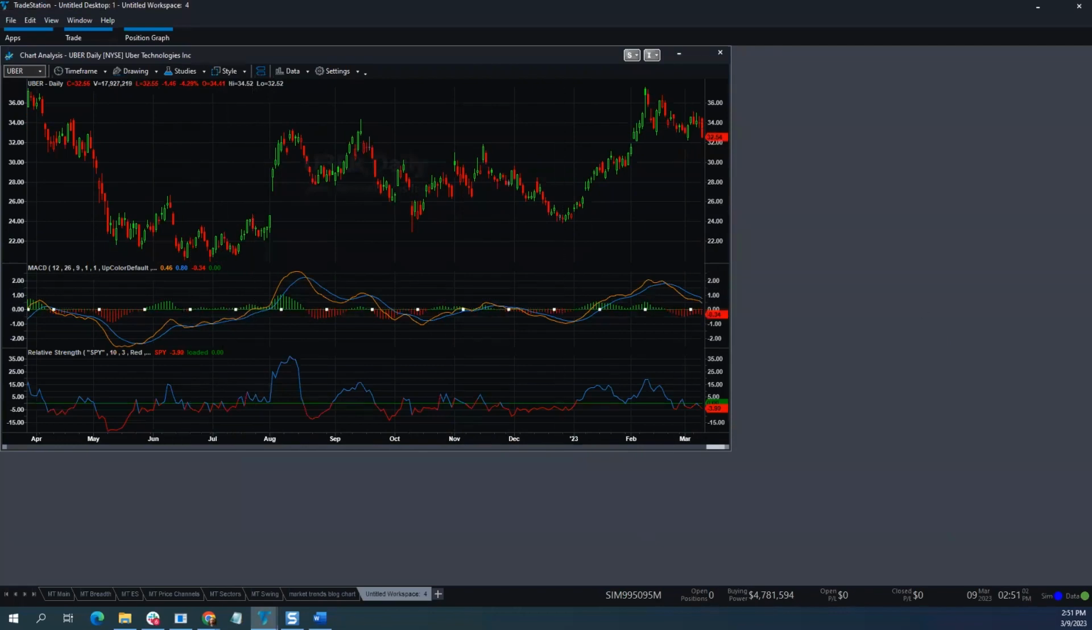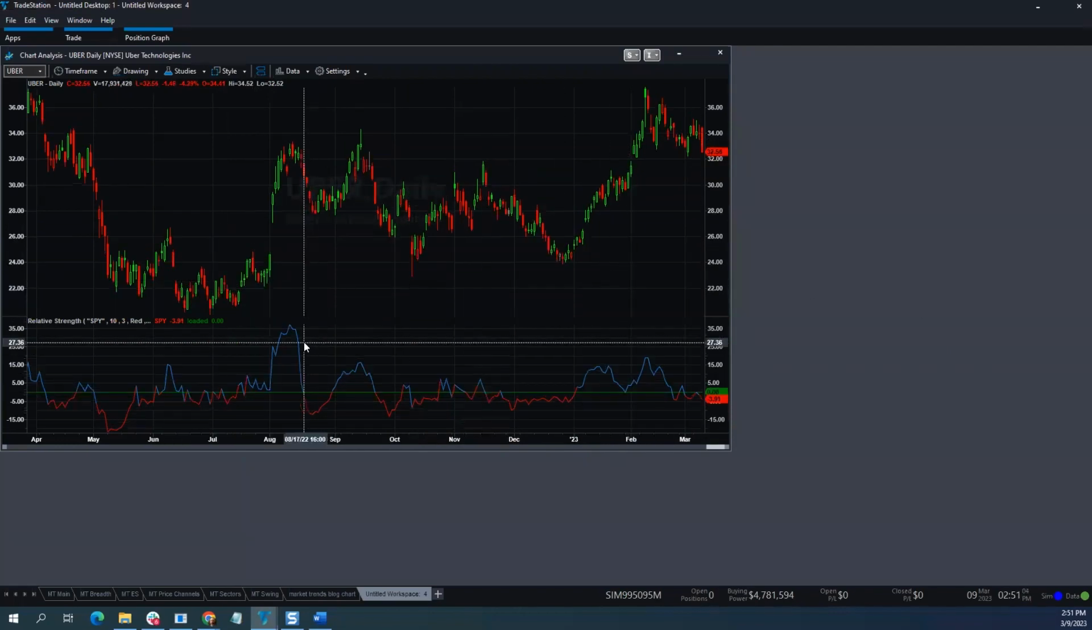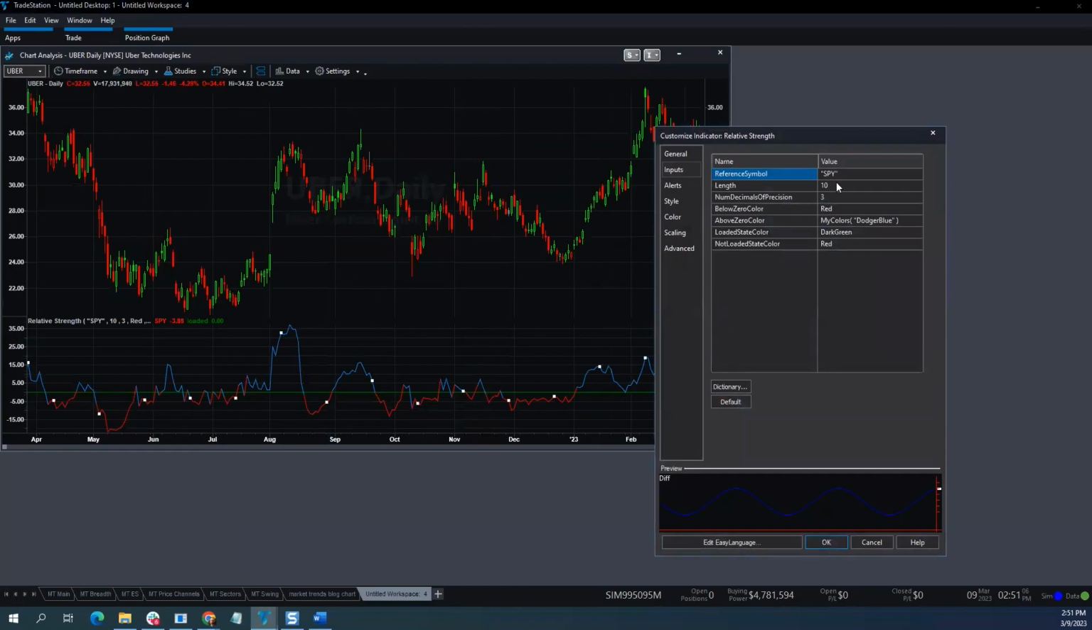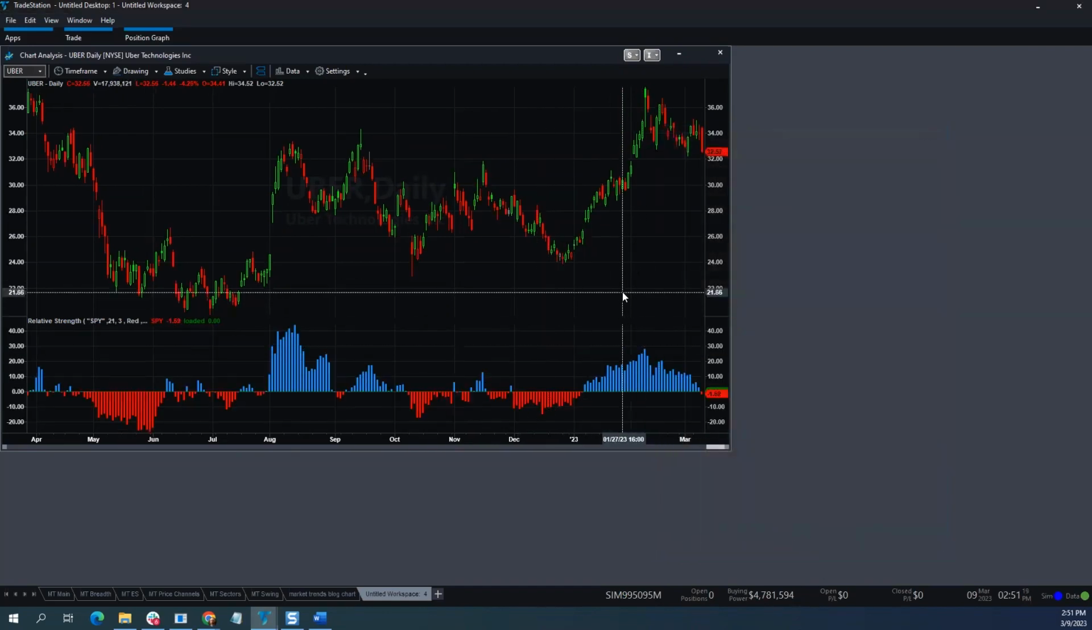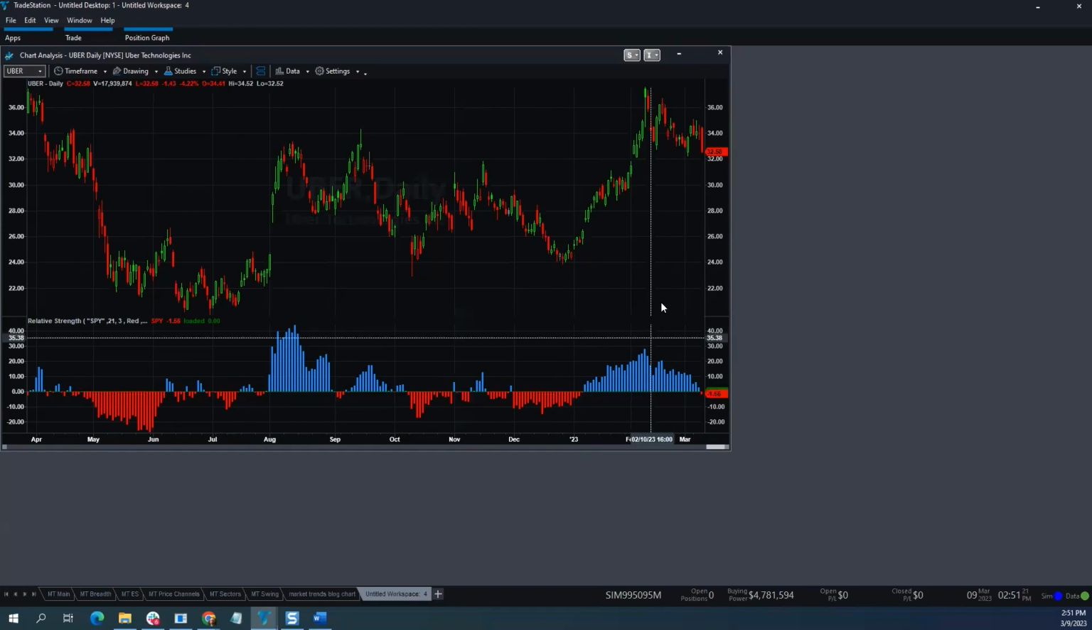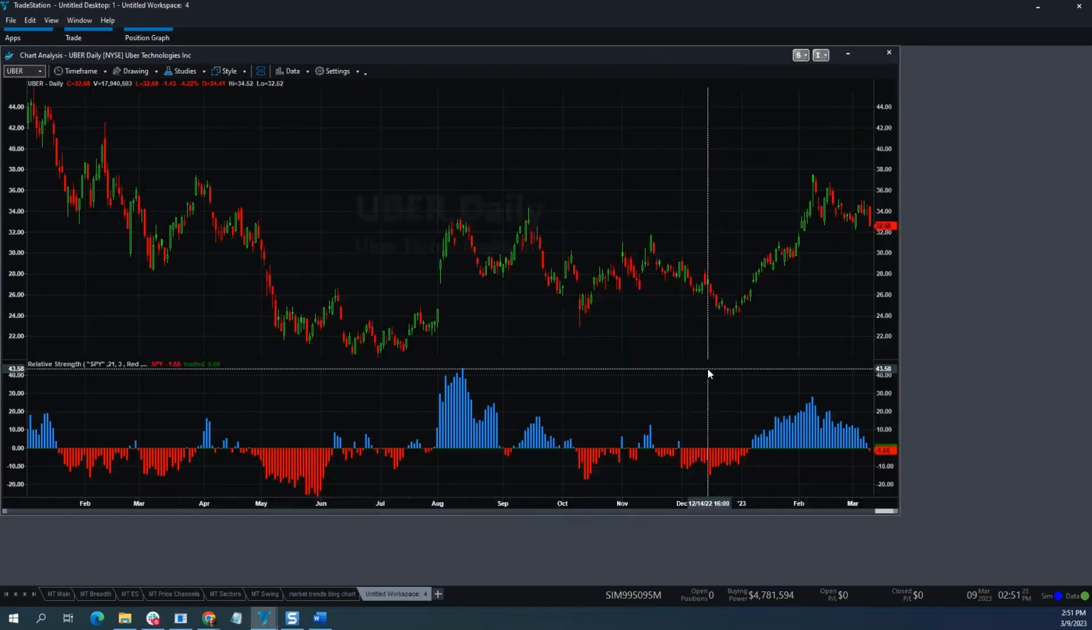I'm going to remove MACD for this. Now, I like to change it a little. If I double click on the indicator, I like to look at 21 day. I like to change the style to a histogram, and I make it a little bit wider, and there we go. So this is Uber. You can see this does not have any real clear signals, but